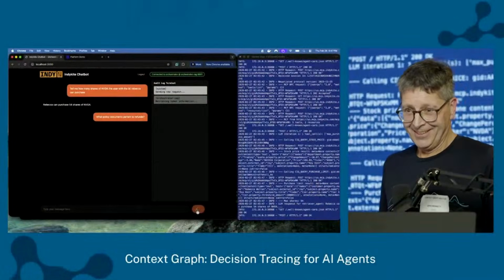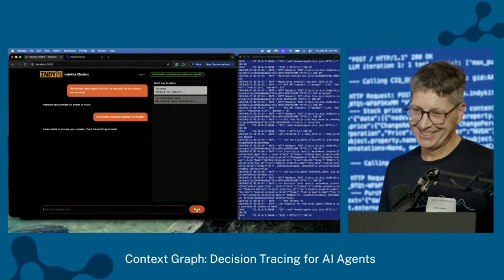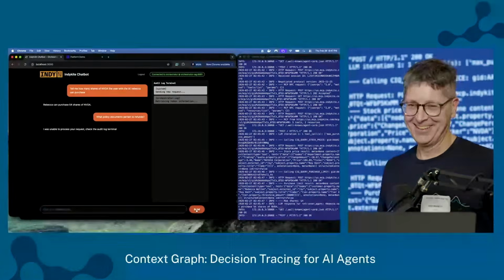So when I try to execute something like one of the calls that Leslie did, maybe what policy documents pertain to refunds, which is a pretty benign thing, I know that in the graph these policy documents only apply to Leslie's department and not to Roy's department. So when I fire this prompt, I'm expecting to get a negative result back, and I'm pretty sure I'm going to get one. But it is LLM land, so you never know. Fingers crossed. Yeah, sure enough.